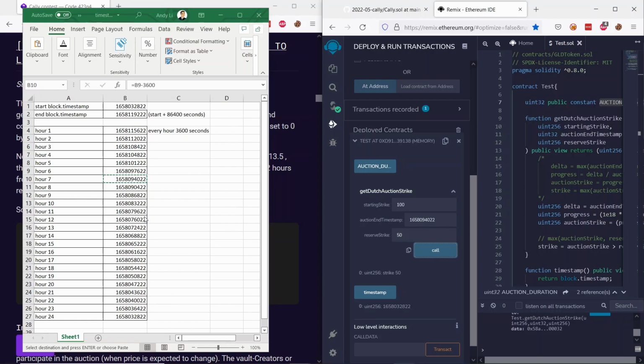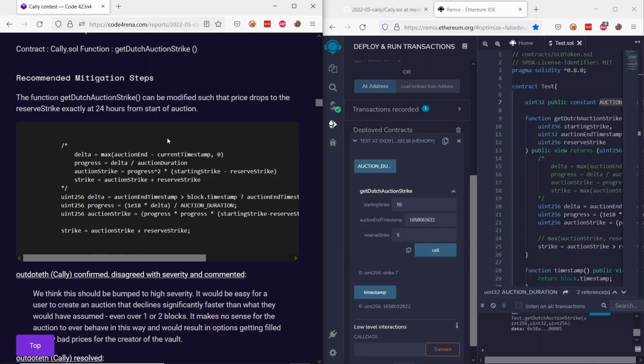So to put it simply, the strike price that is returned by this function is scaling down much too quickly to the reserve price, when the seller may be expecting that the reserve price will reach 50 near the end of the auction period. So the solution to this issue is to modify this function so that the price drops to the reserve price at exactly 24 hours. Which means scaling the strike price between the start strike and the reserve strike rather than